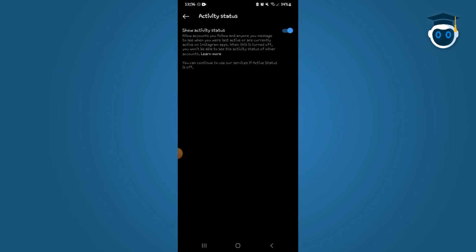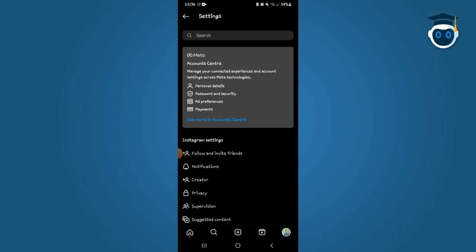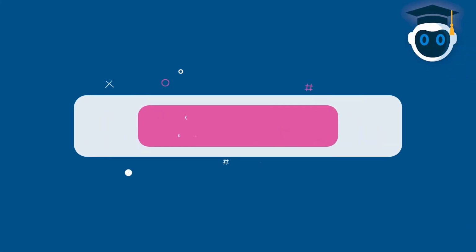After jumping to this page, all you have to do is to just turn off this option and return to the feeds. That's it, you have successfully turned off the activity status on your account, and if you found this tutorial helpful,